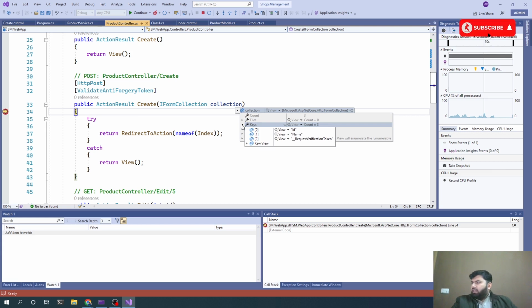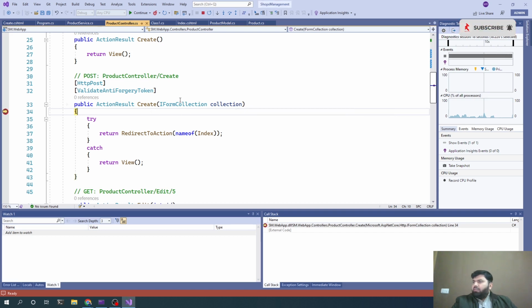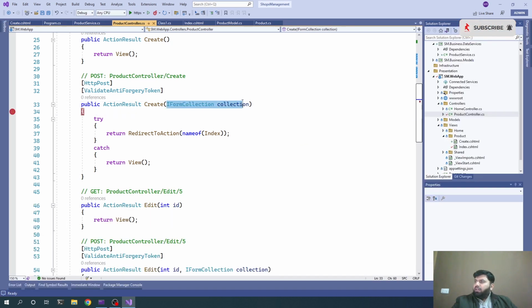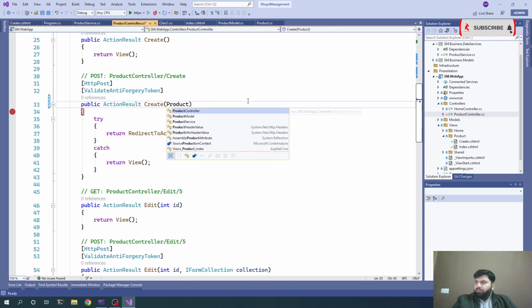One is ID, second one is name, and third one is request verification token. And we will explore that option further, but for now, let's replace it with our product model,